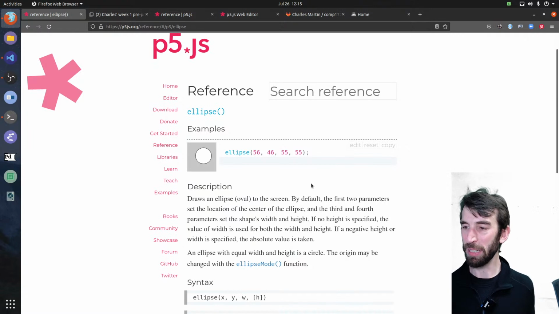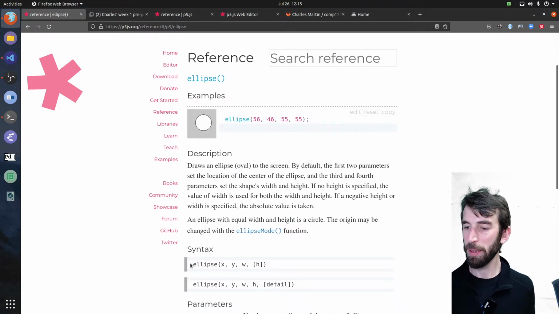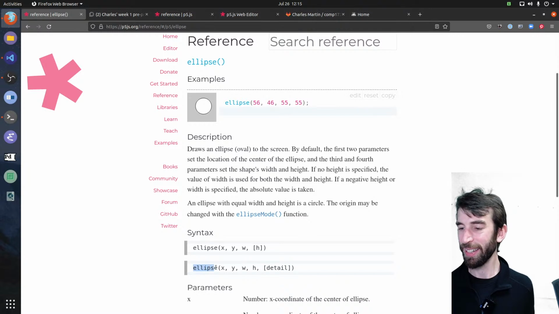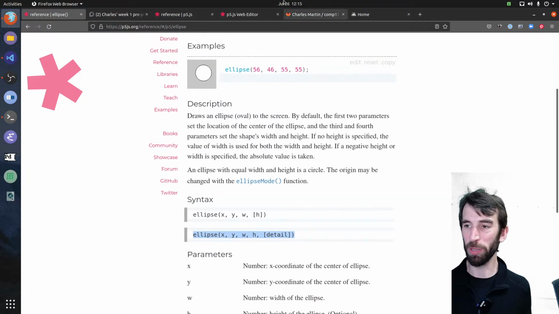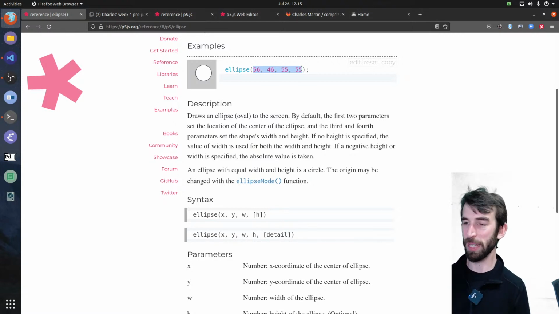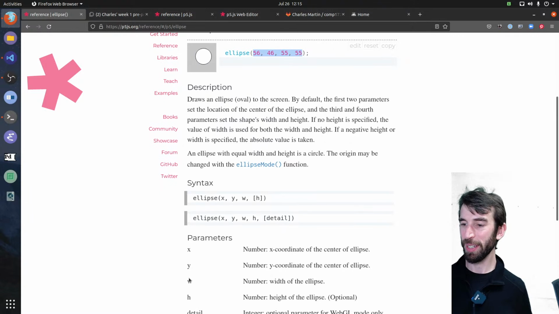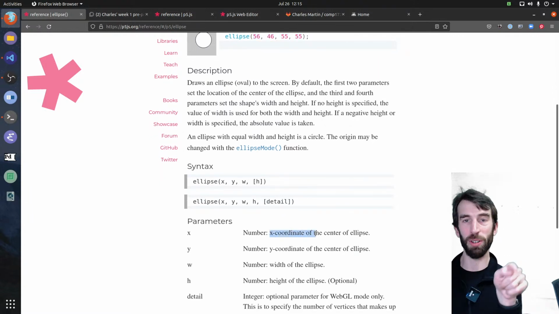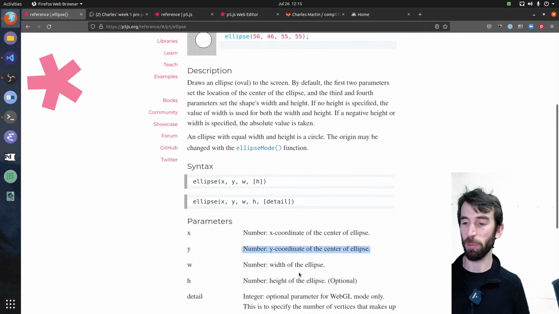Well, we can go down here and have a look at what we call the syntax, and it explains what these numbers are. In programming, we call the little detailed instructions that you give to a big instruction like ellipse, we call them parameters. So ellipse is the instruction, these numbers are the parameters. We've got 4 parameters, and they stand for the x coordinate of the center of the ellipse on the grid, and the y coordinate of the center of the ellipse on the grid. That's the first 2, x and y. Then the width of the ellipse in pixels, then the height of the ellipse in pixels.